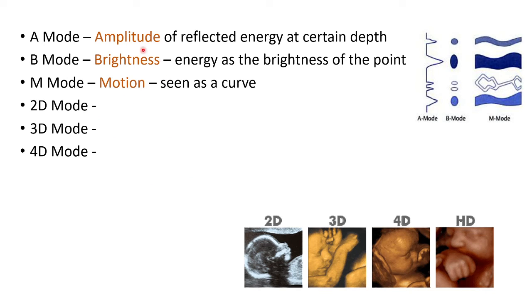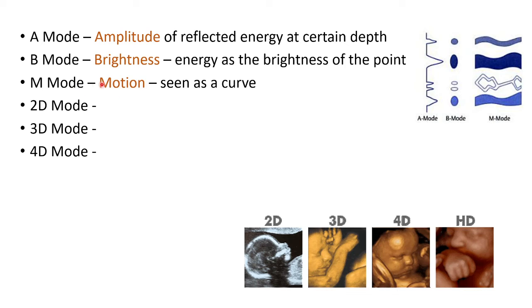Then coming to the various modes in echo, we have the A mode. A stands for amplitude, and B mode, B stands for brightness. M mode, M stands for motion. And then we have the 2D mode, 3D mode, as well as a 4D mode. These are pictures showing the various modes. A mode we generally don't use that much. This is how the A mode will be shown, and the B mode is the brightness mode, and M mode is the